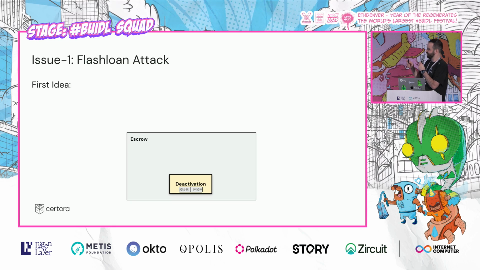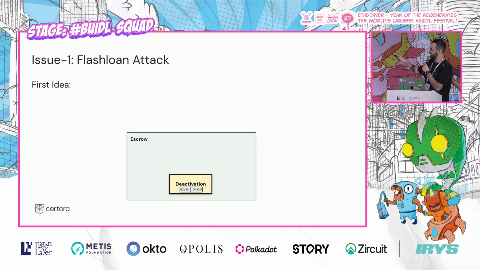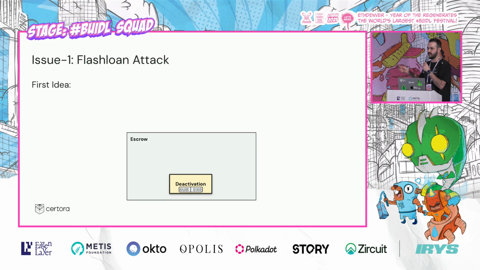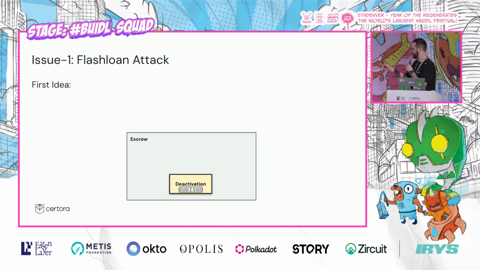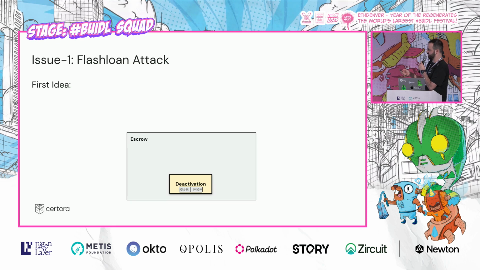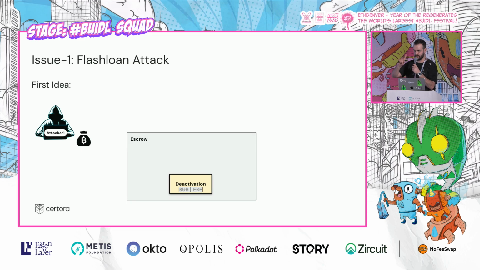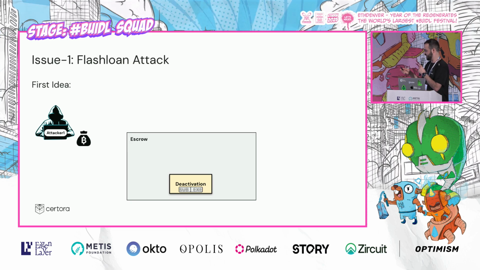Wrong. This first idea doesn't work for the following reason. We have this scenario. Let's say we are in the deactivation, or maybe we start in the normal state. It's the same. Once you are in the deactivation or normal, what the attacker can do is first, the attacker here needs to have the funds, so no flash loan for him. If the attacker is very rich, he can do the following.